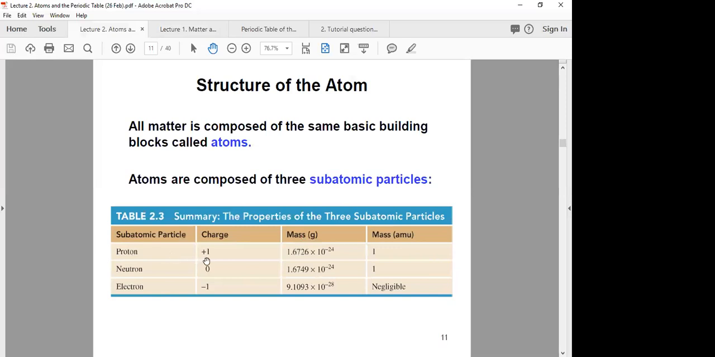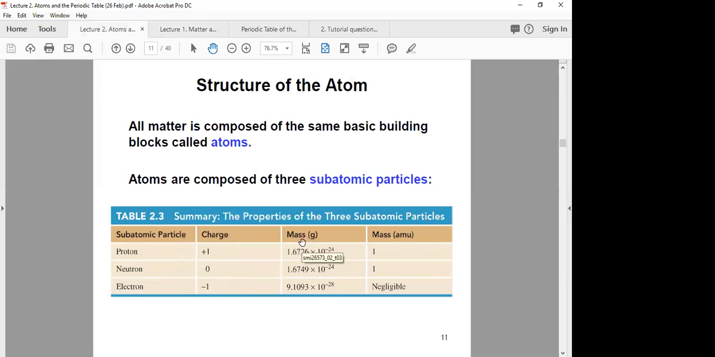A proton carries what we call a +1 charge, a positive charge. A neutron is uncharged, so we say 0 charge or neutral. That's easy to remember: neutron, neutral, proton, positive. An electron also carries a charge, but it carries a single negative charge, a -1 charge. All right,